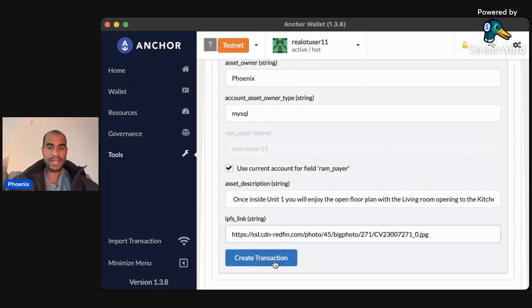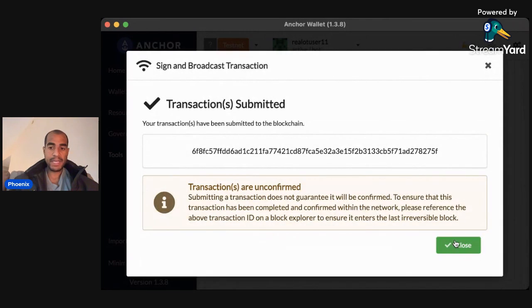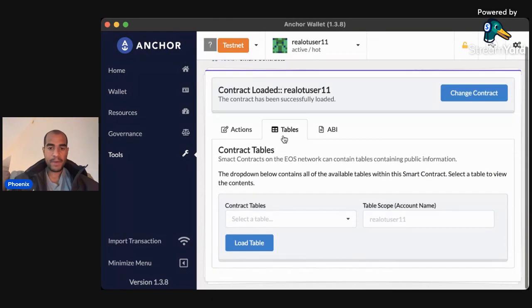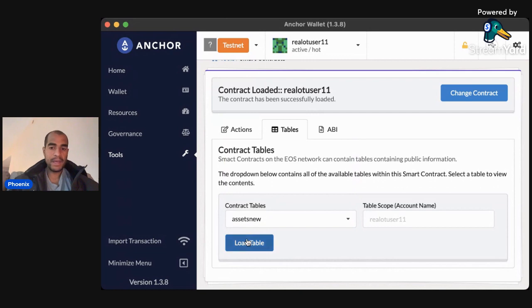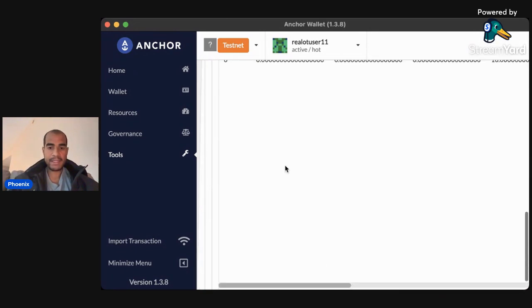So I'll hit create the transaction, and you can see there's going to be one transaction created. There's one action, and the transaction expires 2 minutes from now. I'll hit broadcast the transaction. You could see that it did indeed get submitted. Seems like it's successful. So now we're going to go back to our tables, and I'm going to load the table. In this case, it's going to be under assets new. We're going to hit load table, and you can see on the very bottom here